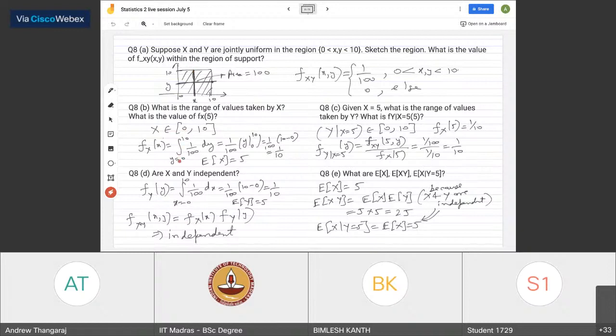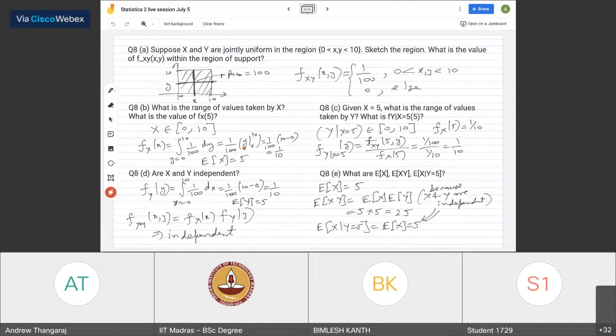So you've got to integrate from 0 to 10 of 1 by 100, and that will come out as 1 by 100 times the integral of y from 0 to 10, which is 1 by 100 times 10 minus 0, so 1 by 10. This constant thing is easy enough, right? You just focus on that particular value of x. You have a constant value of 1 by 100. The length is 10, so it's just 10 into 1 by 100. So you get 1 by 10.